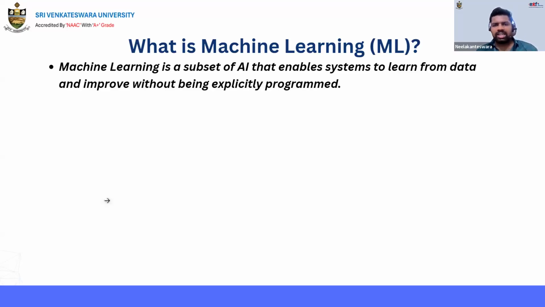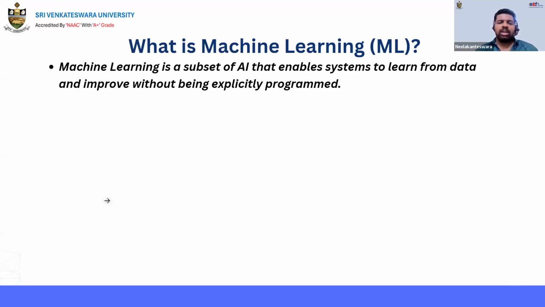But when it comes to machine learning, what is lacking in traditional programming is that there is a chance to miss some of the instructions. It means we may not fulfill all the instructions. So in those cases, they introduced machine learning. What machine learning does is, here we are giving the input and the output. Based on the input and output, it is going to make its own rules. It is going to write its own program.